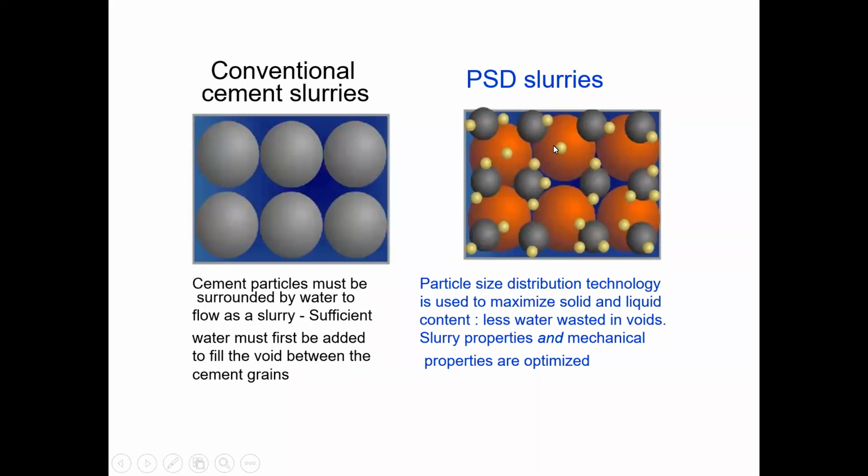You see, red one is the biggest one, this is smaller. So interparticle spaces are filled with the different size particles. So the solid fraction increases, and you get good strength. Strength also increases. And this also prevents gas migration and fluid migration. Okay. And it improves the mechanical properties.